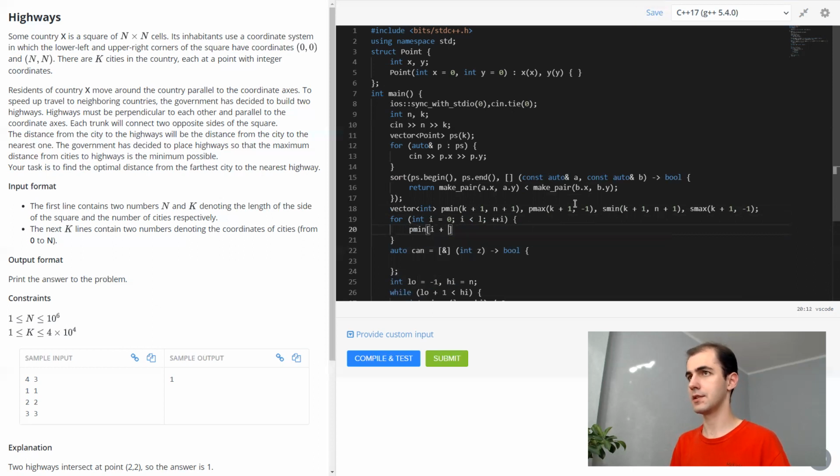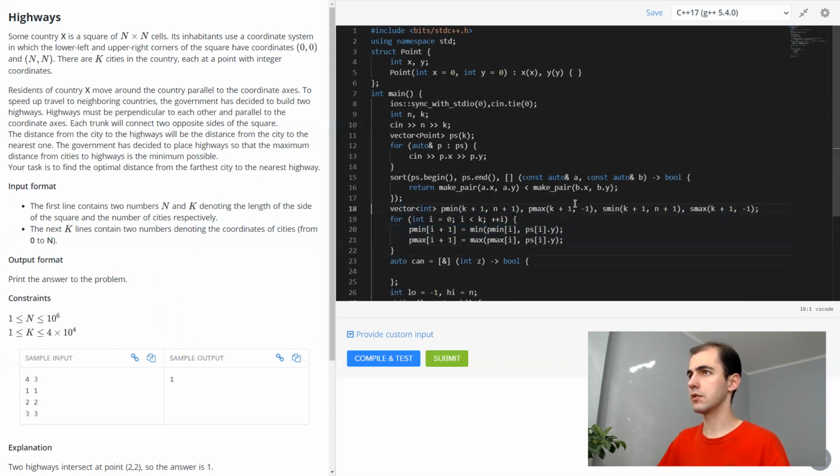Prefix minimum at i plus 1 gets the minimum of prefix minimum of i and points i y, of course. Maximum.